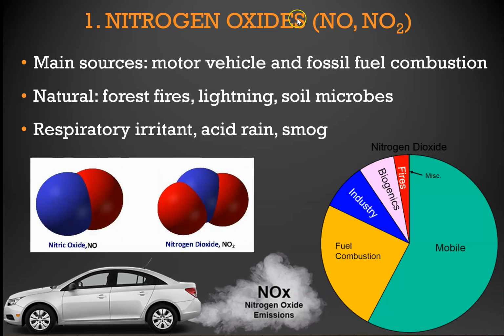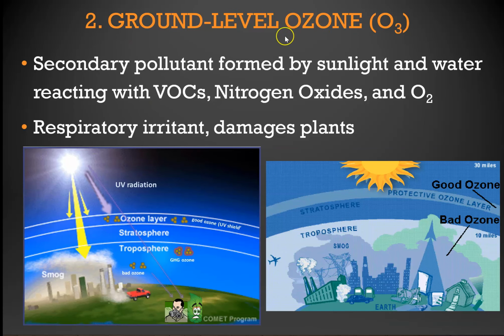So again, that's nitrogen oxides, or the N in NOSE CLIP. The O in NOSE CLIP stands for ozone, but I wrote ground level ozone because there are 2 types of ozone. There's this good layer that's in the stratosphere, so that's not the ground level at all, that's way higher. And it's good because it protects us from UV radiation, or the radiation from the sun, so it acts like a protective layer. So that's the good layer.